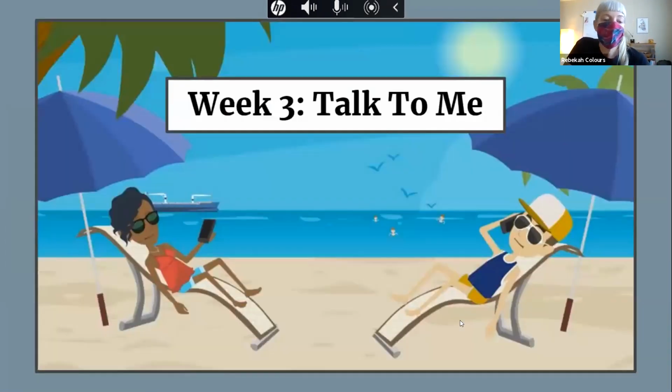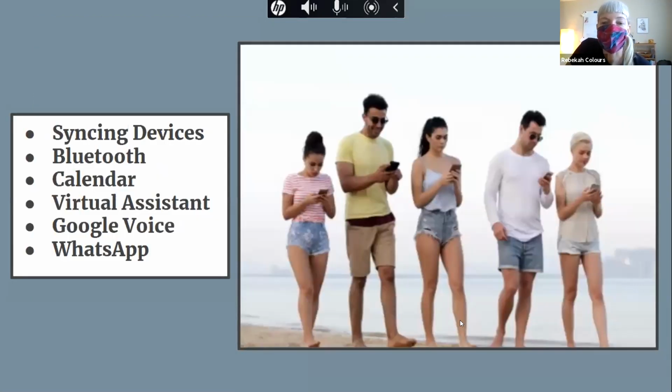Week 3 is going to be about communications. Talk to me. This photograph made me laugh. I've often seen groups of people together, everybody's on their phone, together alone in our digital age. But we'll be talking about syncing your devices together,